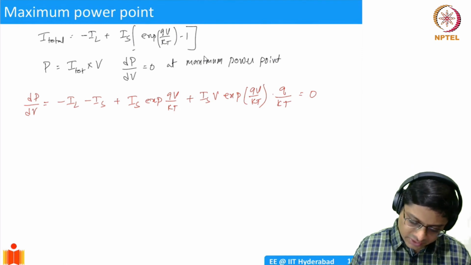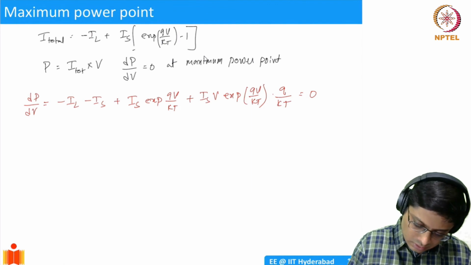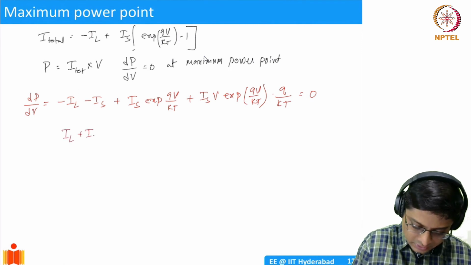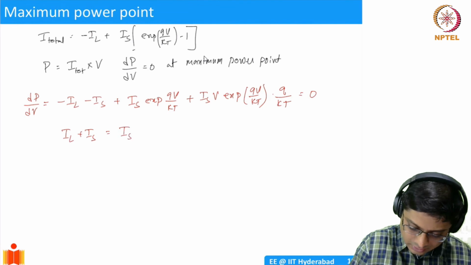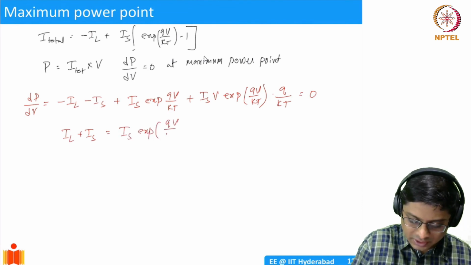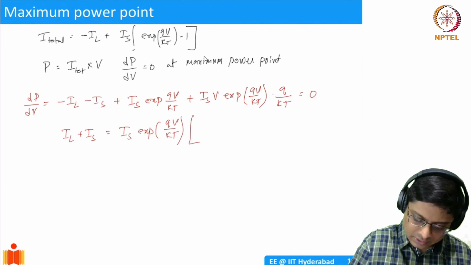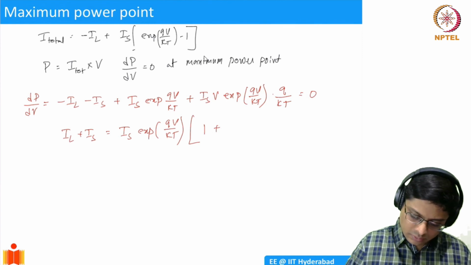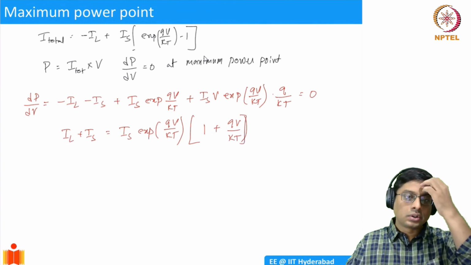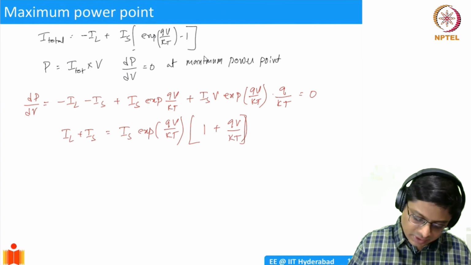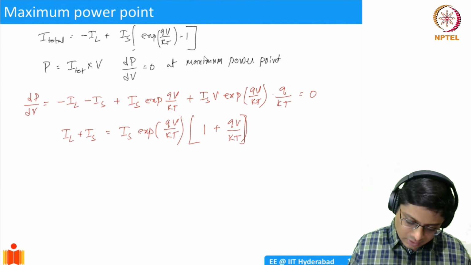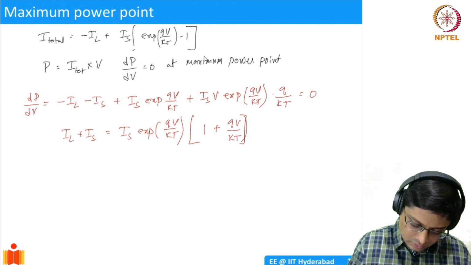So if you rearrange this equation, this will be IL plus IS is going to be equal to, I'll take IS common here, exponential QV by KT, and then I'll write a bracket. So 1 plus QV by KT, I think. Okay. So what this gives you is basically an expression to calculate, it's a kind of a transcendental equation. I can take out IS here. So 1 plus